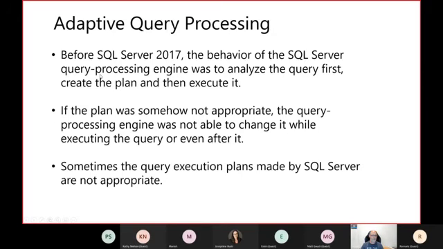I guess you will have your answers when you see the demo in a few minutes, right? There are a bunch of graphical tools to see those recommendations, but also T-SQL code that accesses dynamic management views and functions to get all those recommendations and actually see when adaptive query processing with automatic query tuning forced a plan, and what the gain was of having this plan forced versus how it was before.